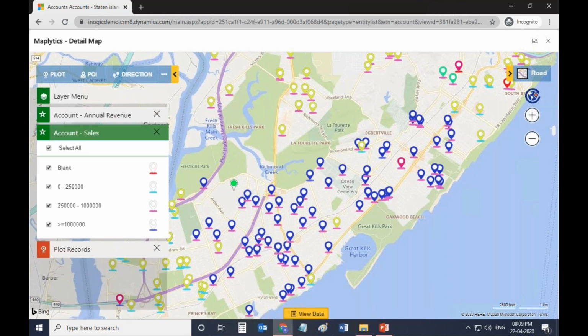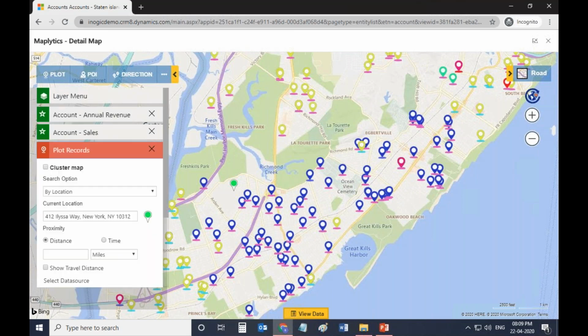Right. And in the second category card, you can see that the base of the push pin is highlighted, which means that the base of the push pin is representing this particular attribute. So taking the same push pin, you can see the base of the push pin is in pink color, which means that it falls into the sales of 250,000 USD up to 1 million USD of sales. So this is how you can categorize a single data source on a max of three different attributes.